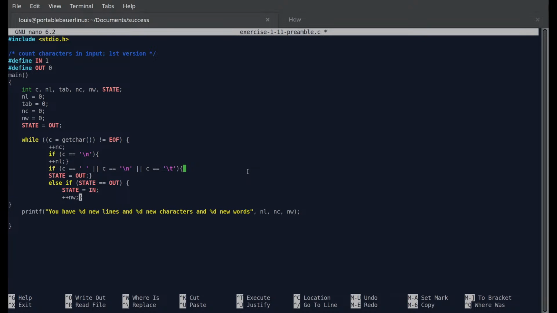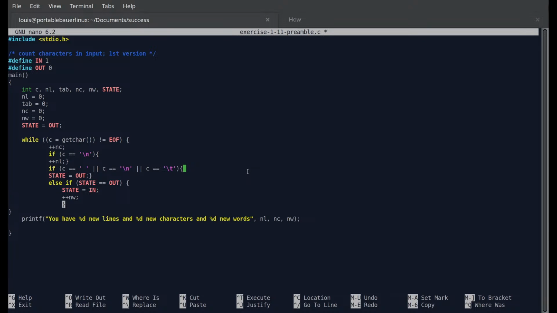Wait, state in, new word, put car, new line. Okay, yeah, so if the idea is to print the input 1 word per line,